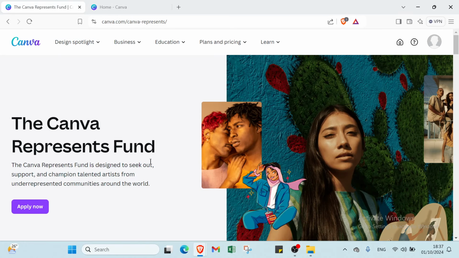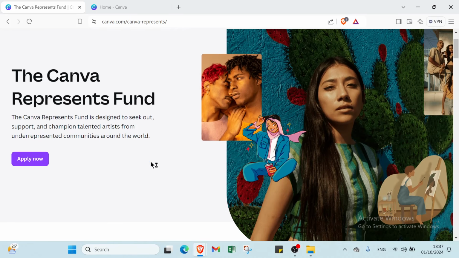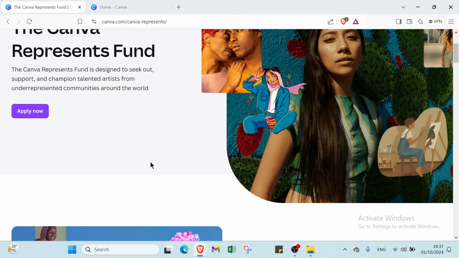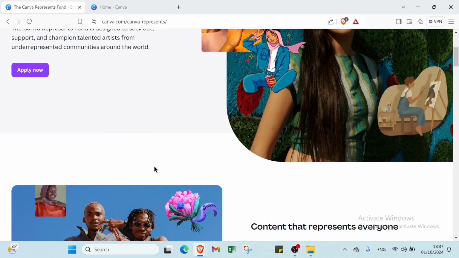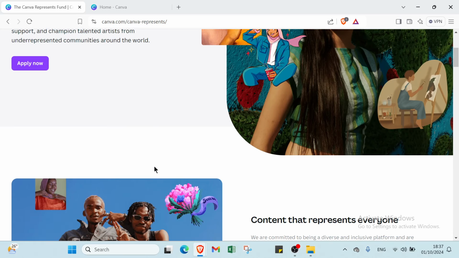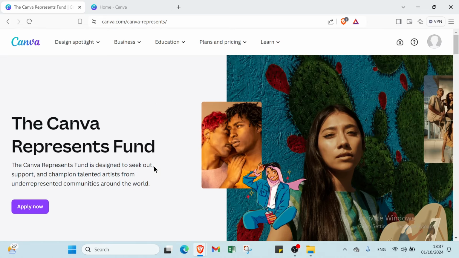So what is Canva? Canva is a graphic design platform that allows users to create a variety of visual content, including social media graphics, presentations, posters, and landing pages. It offers a user-friendly interface with drag and drop features, a vast library of templates and design elements, making it accessible for both beginners and experienced designers. So you have just to click over sign up and write your email address and your password, then you get